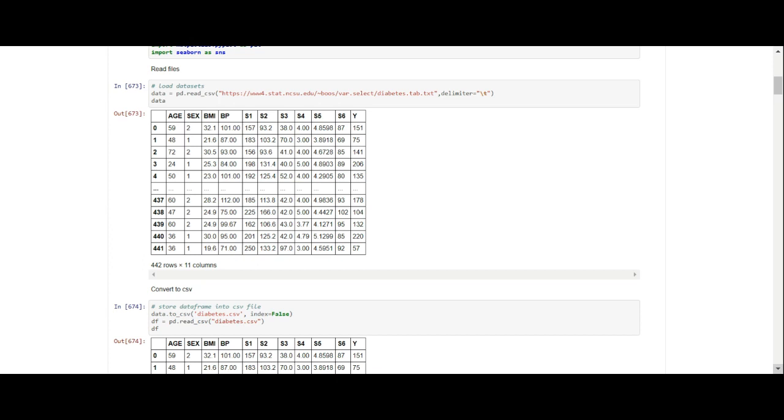And in order to read the file, we had to set delimiter equals \t, which means it's a tab. The delimiter is a tab. And when you do that, then you get your data set, which is what we want. That's what we want. And so you can see that this data set here looks so much better than the data set that I had on the video that I made yesterday,